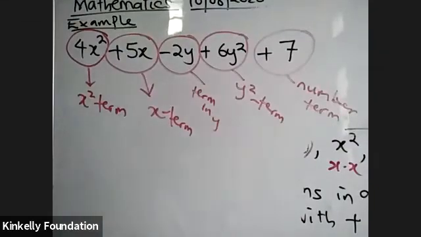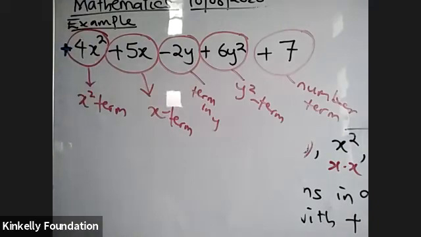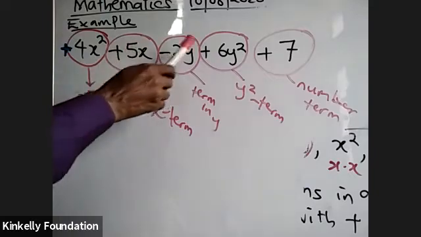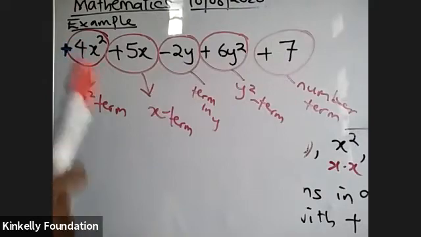Now, if you check this one, there is no sign here. Once there is no sign in this one, there is a positive invisible sign. That is an invisible positive sign in front of this. So once you do not see any sign in front of a term, take note that there is an invisible positive term. So in this case now we have 1, 2, 3, 4, 5. We have 5 terms in this